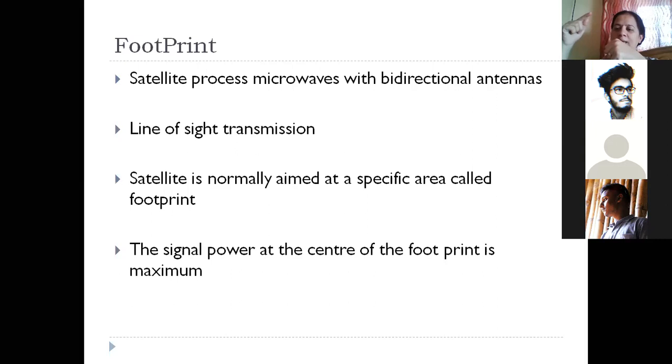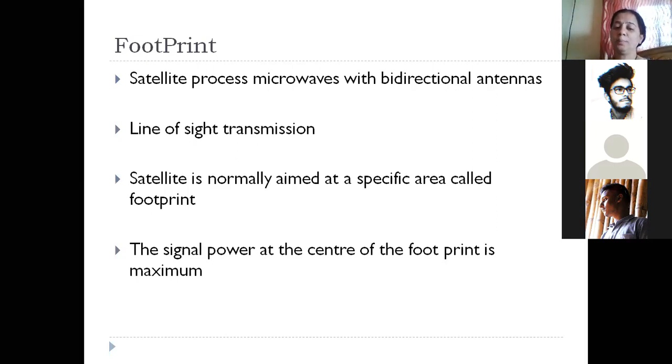Imagine this is the Earth, and imagine there's a satellite here. If I want to transmit from the Earth to this satellite, they should be in the same line of sight. That is the transmitter and the receiver, your source and the satellite. If they are in the line of sight, then transmission is possible.